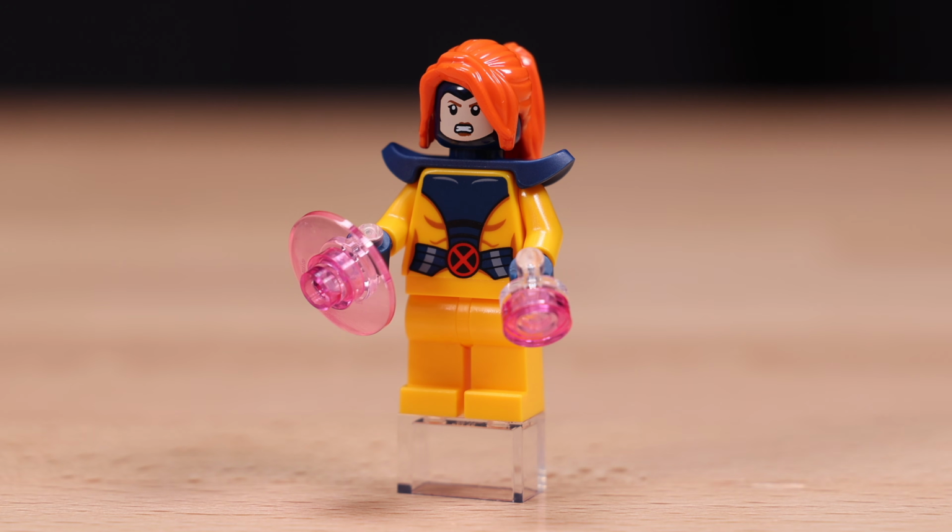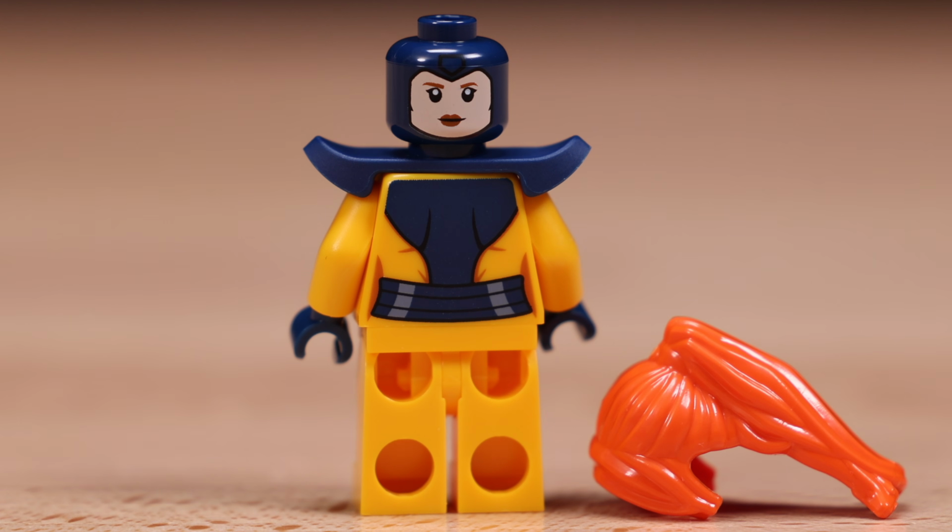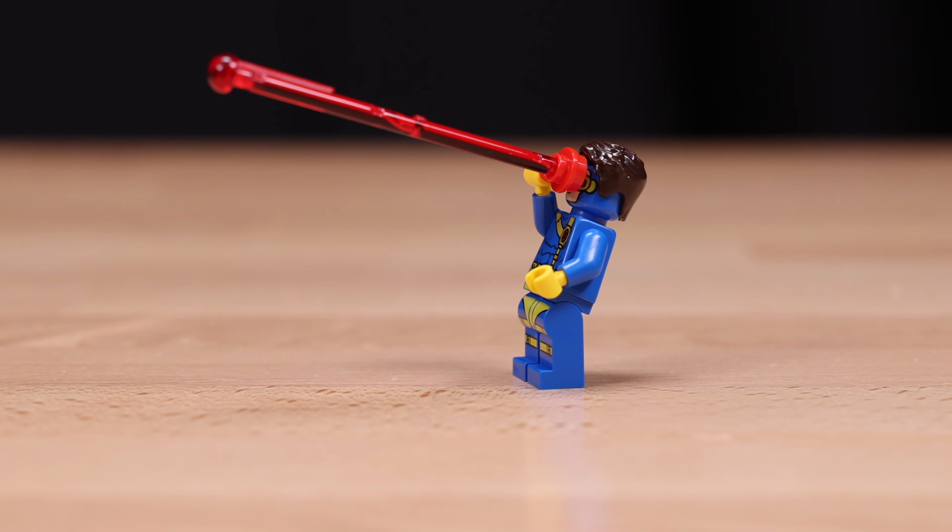Next up, we have Jean Grey, and as you can see, she comes with some transparent pieces, both in clear as well as pink to kind of emphasize her powers. The figure looks really good, comic book accurate as you would expect. Dual-sided face, and I will say the face is a little on the faint side, like the printing isn't quite coming through there. And of course, you can't have Jean Grey without Scott Summers, aka Cyclops, so here he is,